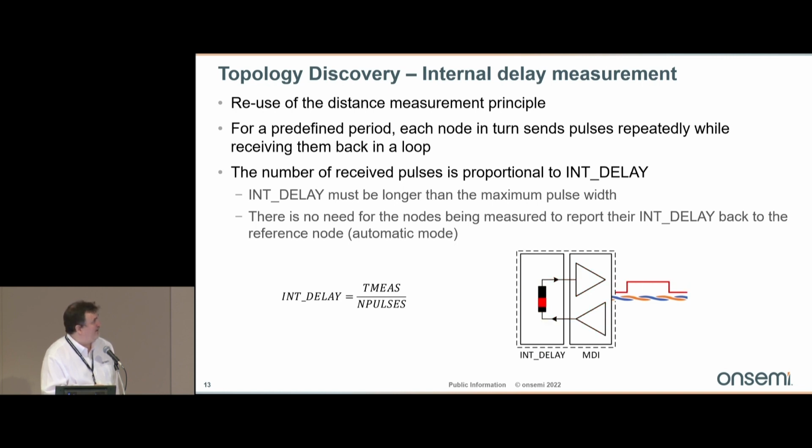So again, now the frequency of the pulses that have been transmitted here is proportional to this internal delay that you have. So a node on the network that is listening to these pulses can just measure the frequency in an easy way and measure, therefore, the contribution of this internal delay. So with that said,